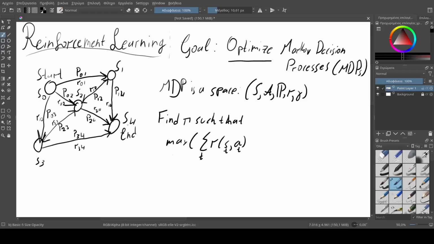And because you can end up in a loop where you go from S2 to S1 infinitely many times, if R12 is the biggest one and the policy you try out is the one that says go from S2 to S1 and from S1 to S2, then the sum diverges to infinity if R12 is bigger than 1. And so we also have gamma to the power of t, where gamma is less than 1,